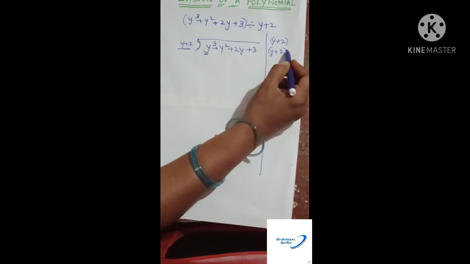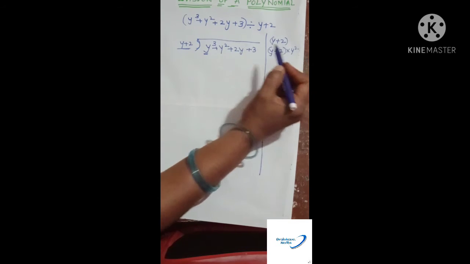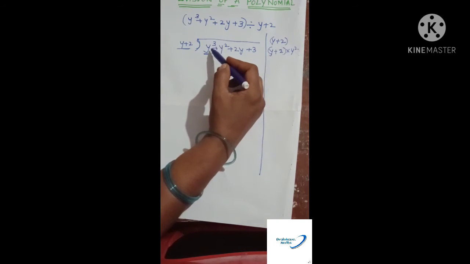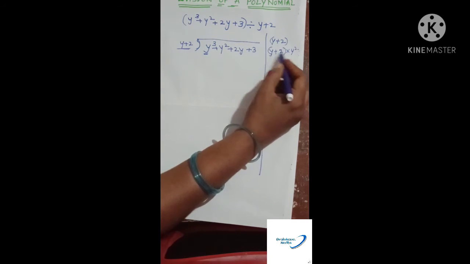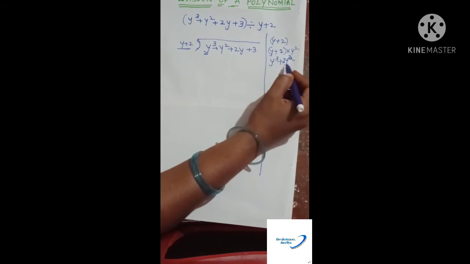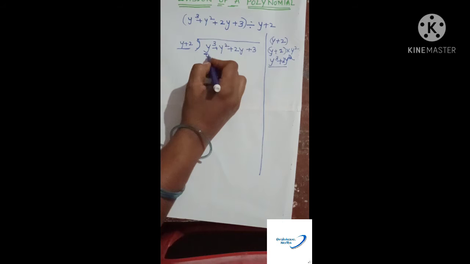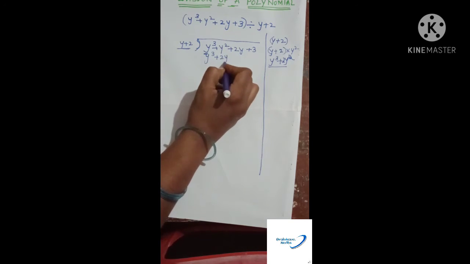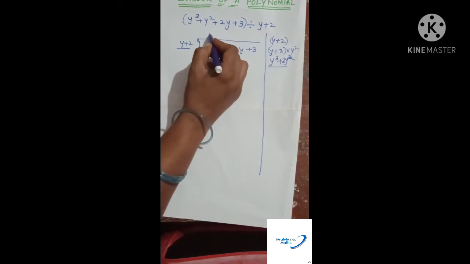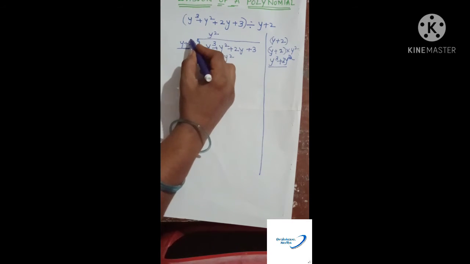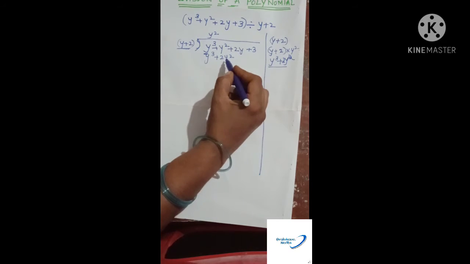Just multiply this one with y square, so that you will get y cube, and do not worry about what you will get next after the y cube terms. So y into y square makes y cube, plus 2 into y square is 2y square. Very simple. Okay, follow this one. The same thing you write below this: y cube plus 2y square. You are dividing this polynomial with y plus 2. For this one, first you have taken y square. So y square into this term is equal to y cube plus 2y square.